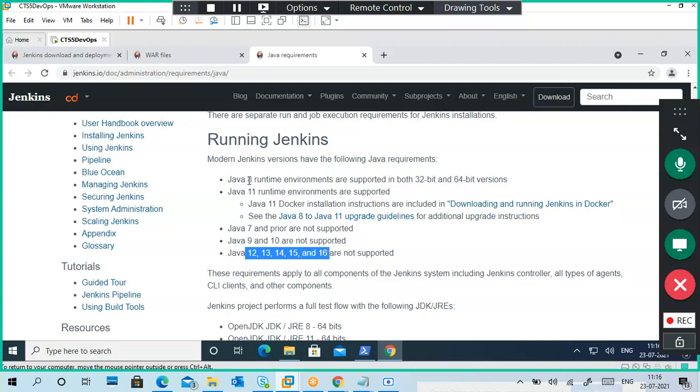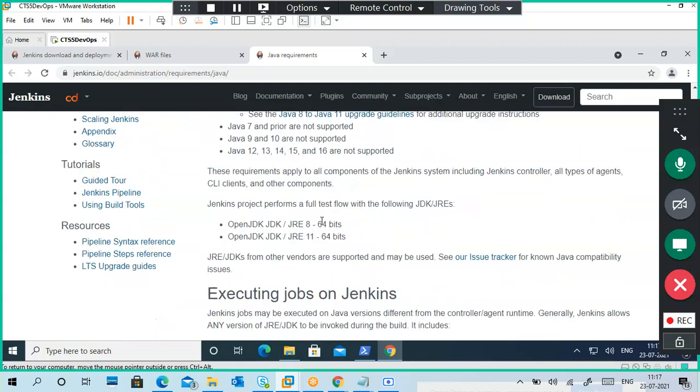Compulsorily, either Java 8 or Java 11 you should download and install. Better to take 11, but you can take 8 or 11, no problem. Java 8 has 32-bit and 64-bit, but 11 is 64-bit only. You can use OpenJDK. So Java 11.